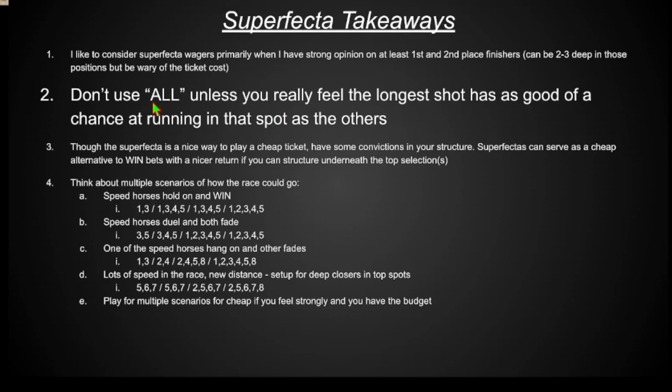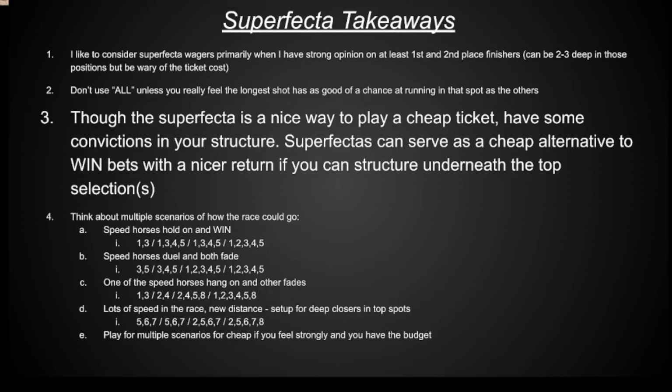So just take a look back at your structure. If you have the favorite in first place, I would not advise using the all button. You're just going to expand that multiplying effect. And if the favorite wins, the payout's going to be low enough as it is. So really try to hone in and key on what horses you think actually have a chance at running in each of those spots. Though the superfecta is a nice way to play a cheap ticket, have some convictions in